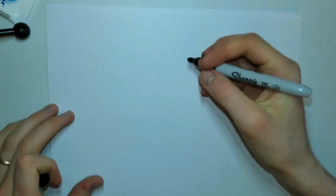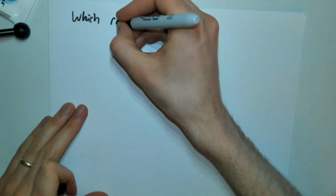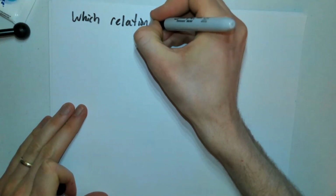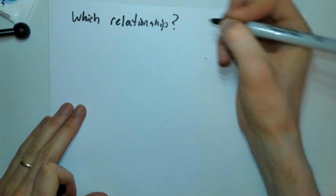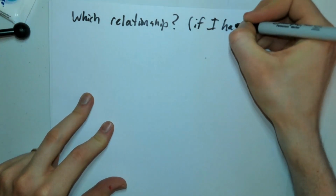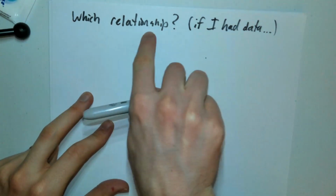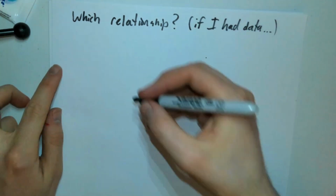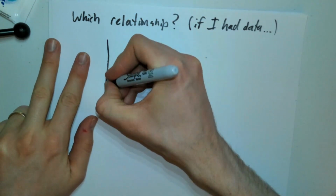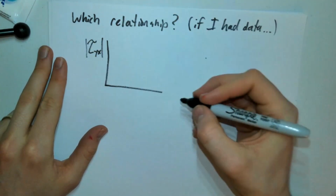So you might ask yourself, which constitutive relationship should I use? For example, if I had data, which model might be the most appropriate? So I'd say the first step would just be to plot tau yx, its absolute value,